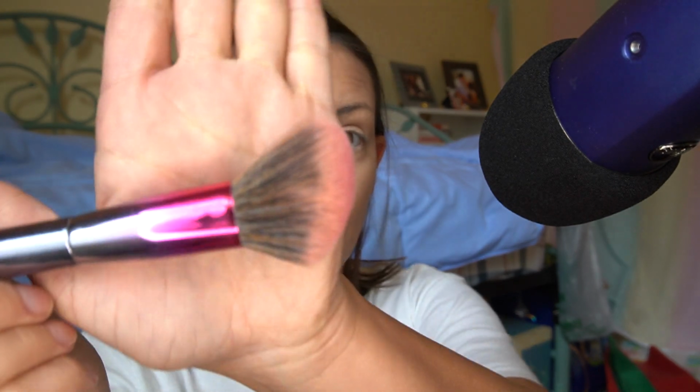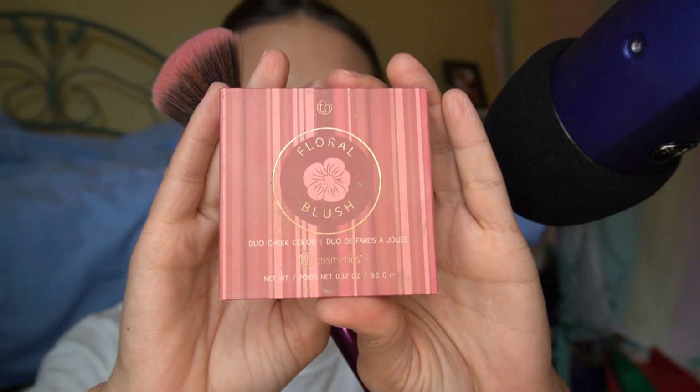So next, this is a BH Cosmetics brush that was gifted to me. I cannot tell you if this is meant to be for blush. Look at the way it's angled. I don't know, it just works for me and my cheeks. That's what I do. This is the BH Cosmetics Floral Blush in Honolulu Hideaway. But anyway, so I had that video fully edited, and for some reason, it's been days,